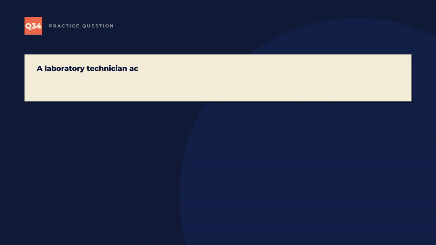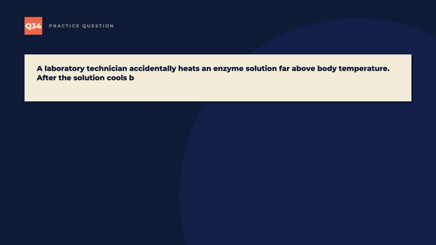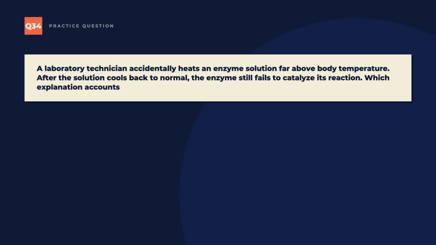Question 34. A laboratory technician accidentally heats an enzyme solution far above body temperature. After the solution cools back to normal, the enzyme still fails to catalyze its reaction. Which explanation accounts for the permanent loss of activity? Your options are